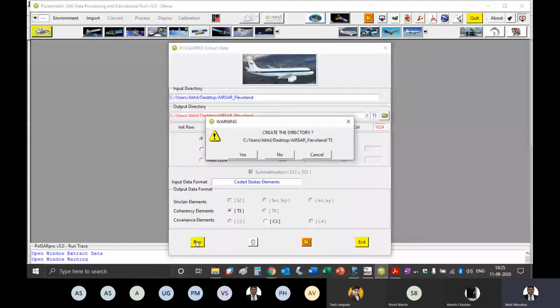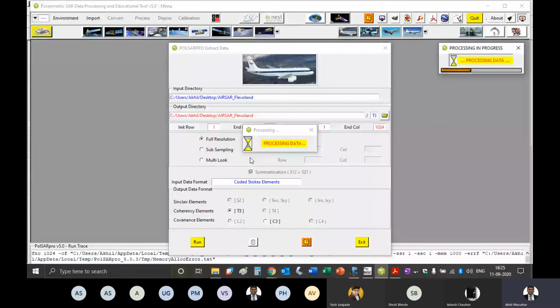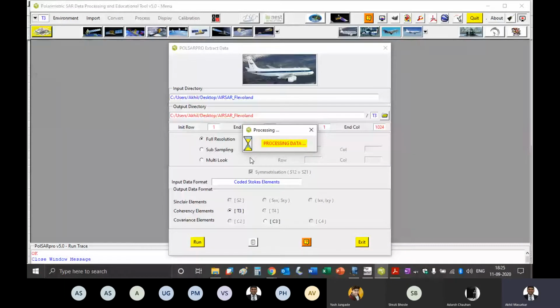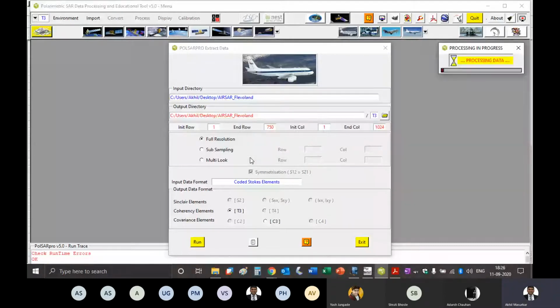So do you want to create? Yes. Now why have we chosen this database? Because it's just 7 MBs, so it won't take much time to classify and all. Okay, so it's creating the T3 matrix.